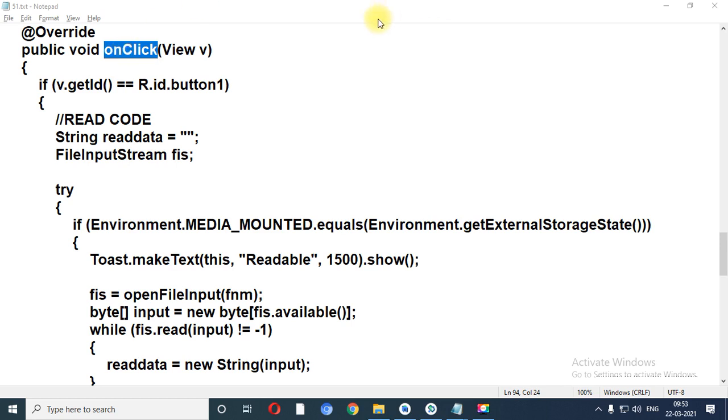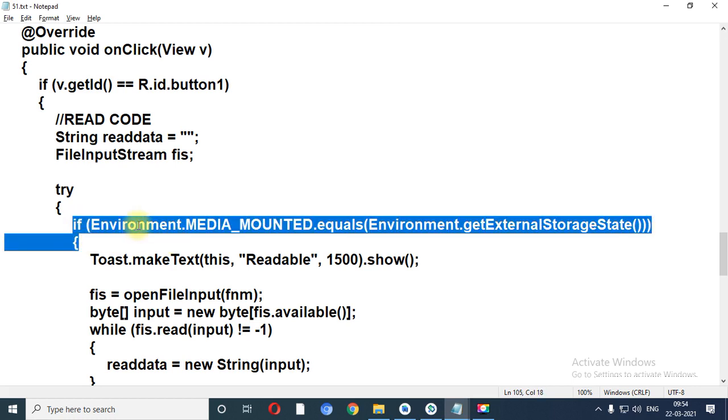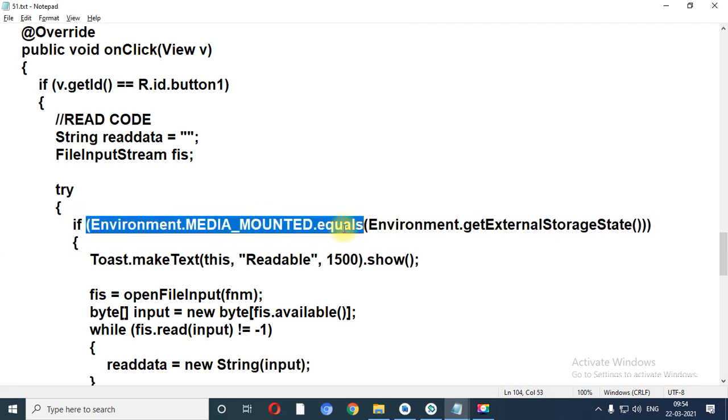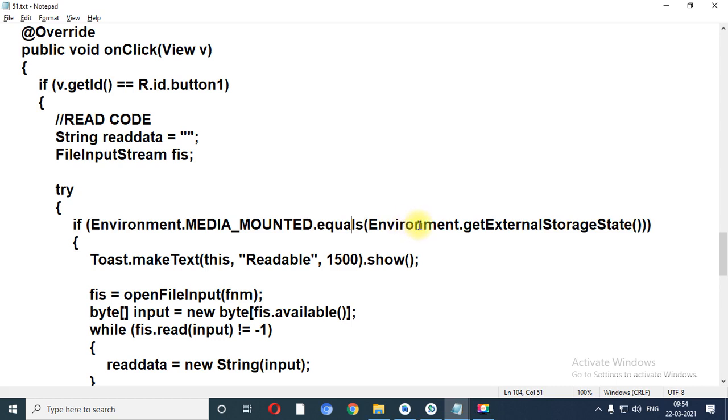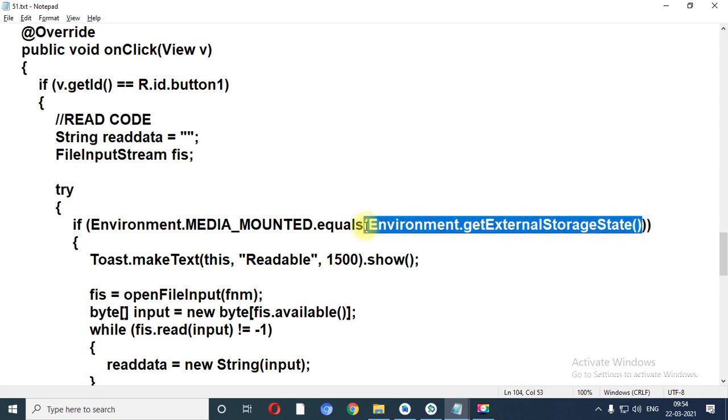So when you develop an application based on the external storage, two things you need to keep in mind. First thing, you need to set the permission in the manifest file. Second thing, you need to put this if condition: if Environment.MEDIA_MOUNTED is equal to Environment.getExternalStorageState.